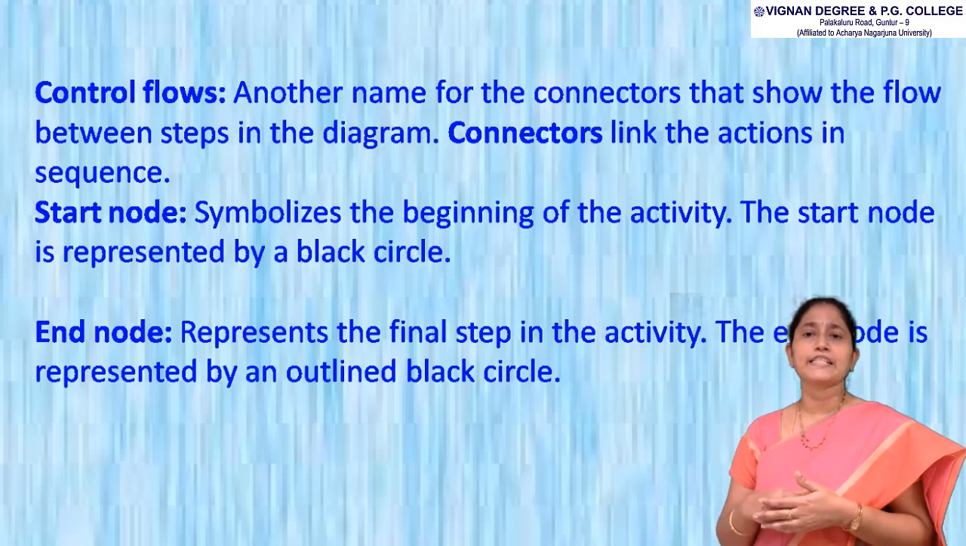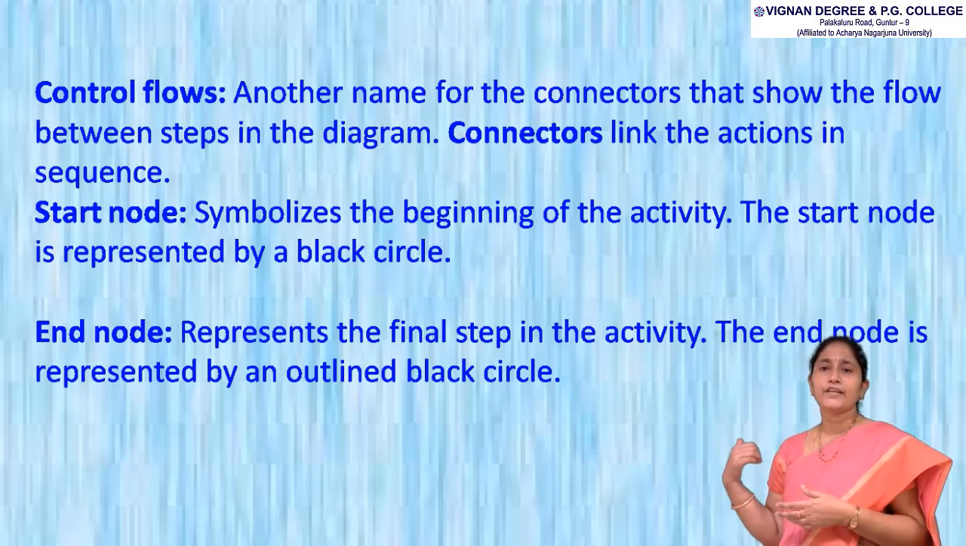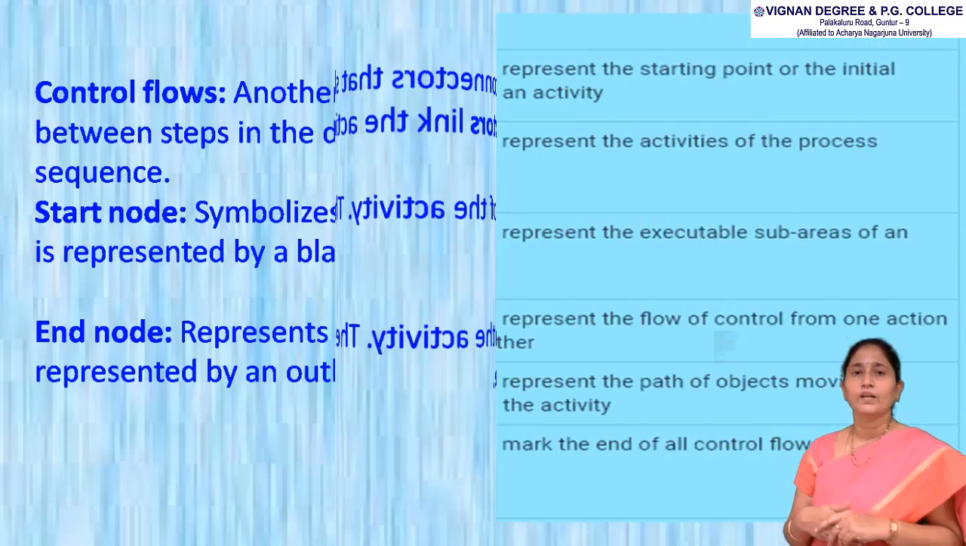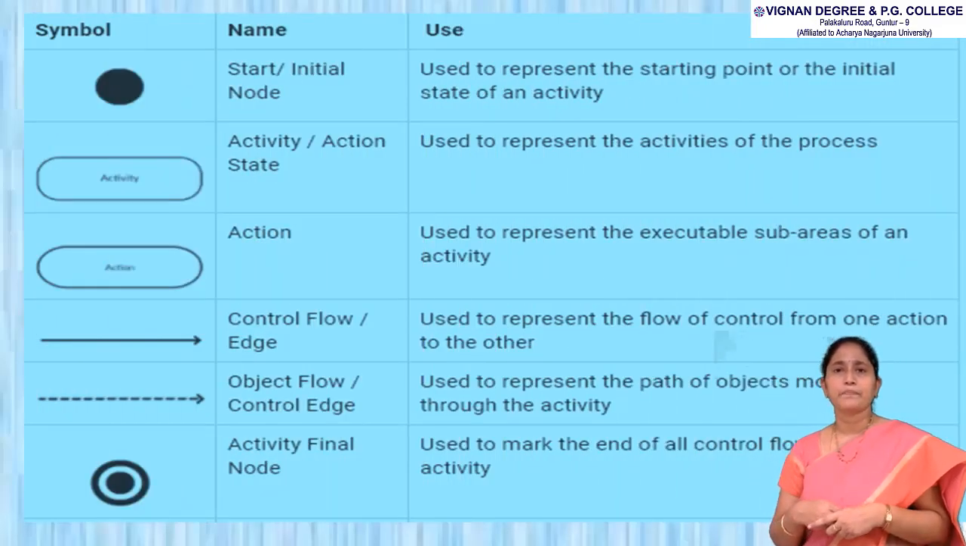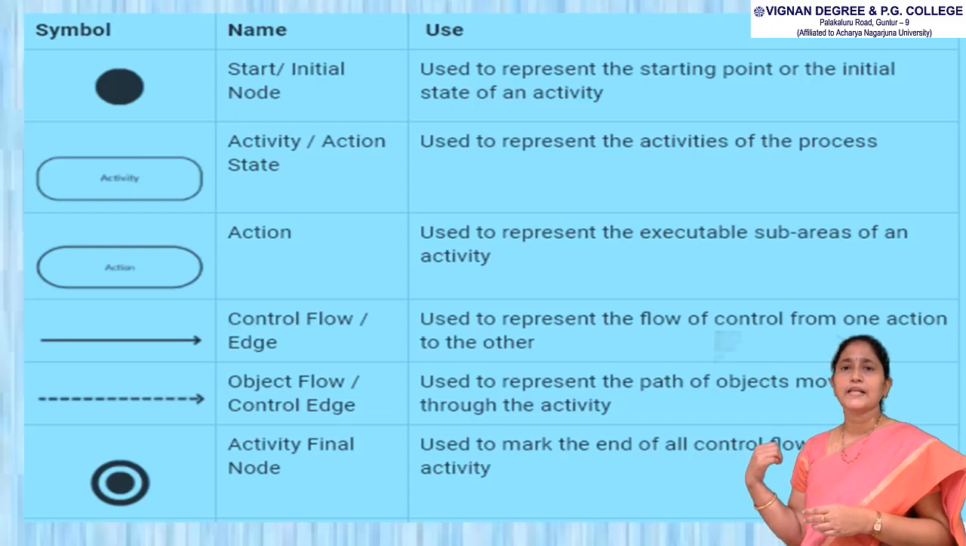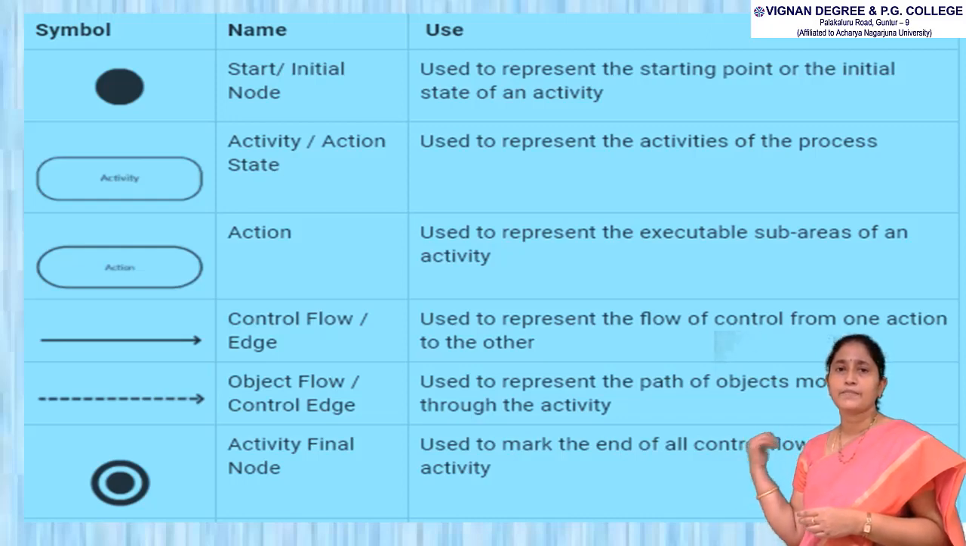So it is the final step in the activity. The end node is represented by an outlined black circle. And next one is the activity diagram symbols. Here are some of the setup symbols and rules for drawing activity diagrams. Some of the symbols are the starting symbol, action symbol, control flow symbol, object flow symbol and activity final